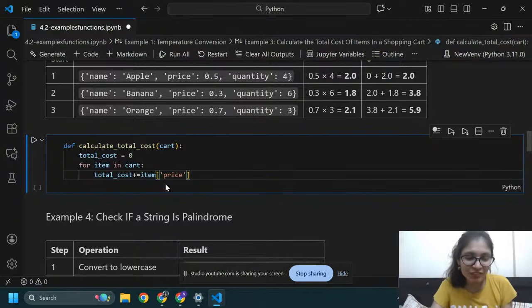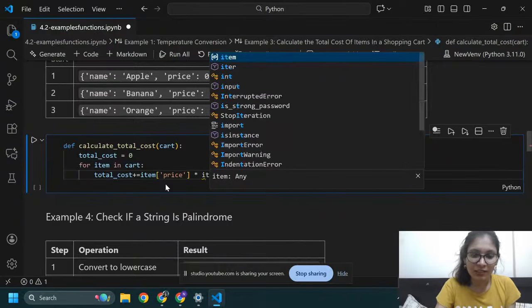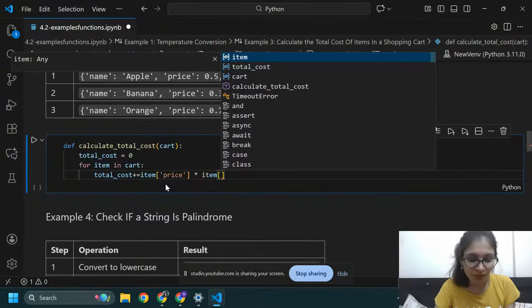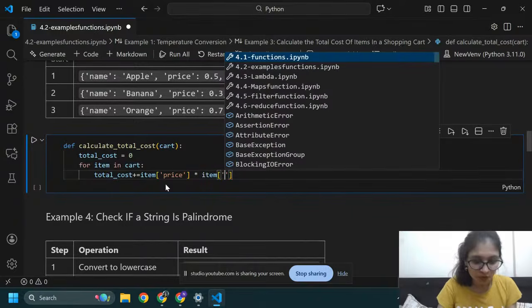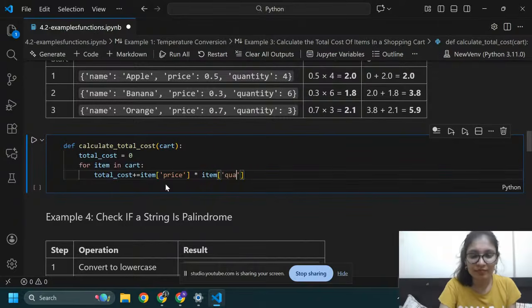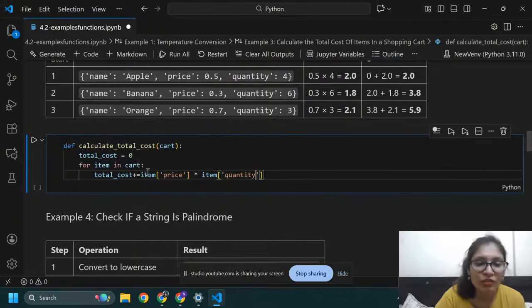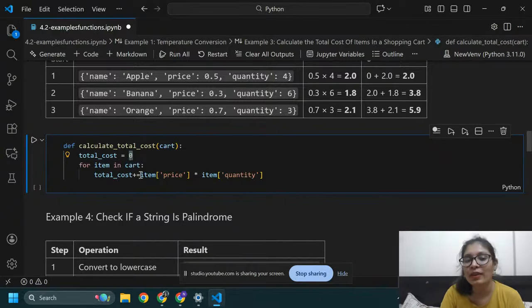And here I'm going to use an asterisk for multiplication, multiplying the item price by quantity. So initially we have 0, then 0 plus the price of the item times its quantity.